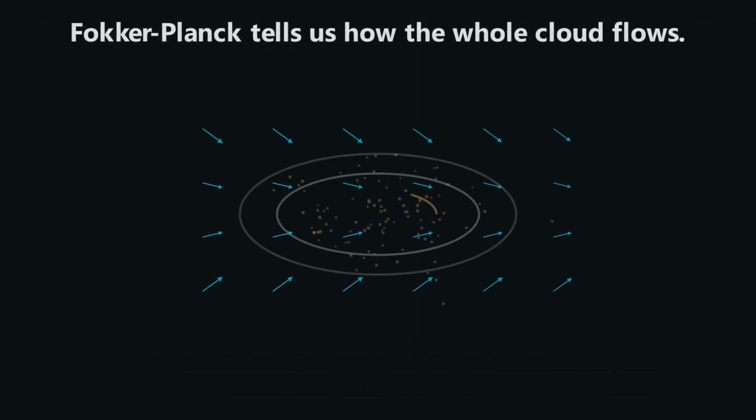In discrete time, the score helped us step from noisy points toward higher probability. In continuous time, the score becomes part of the velocity field that moves the entire probability density. So Fokker-Planck is not just a terrifying equation with divergent symbols trying to ruin your afternoon. It is the law of motion for probability itself. It tells us how the cloud stretches, compresses, diffuses, and flows. And if probability can flow forward, then naturally we ask, can it flow backward?